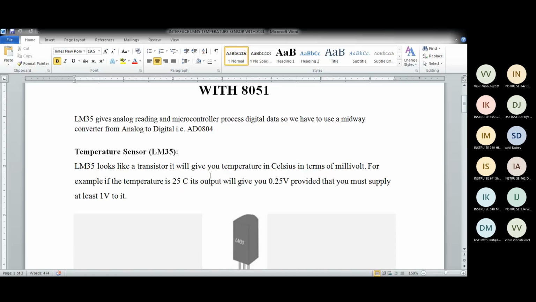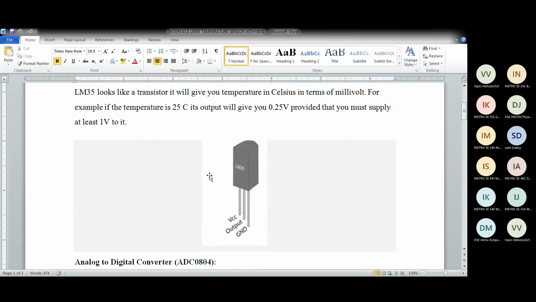So see, this is how LM35 looks. It looks like a normal transistor, which you have seen in the labs. It gives you a direct analog output in the form of voltage. If the temperature is 25 degrees, the output will be 0.25 volts.